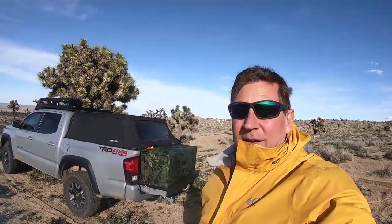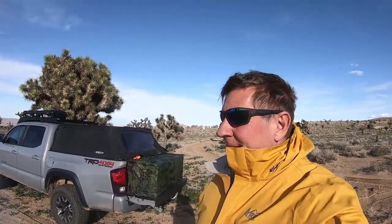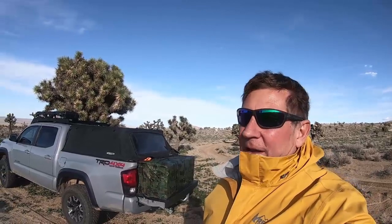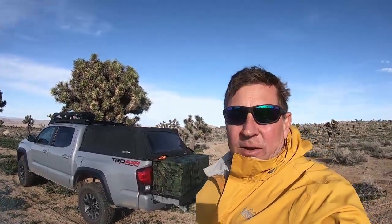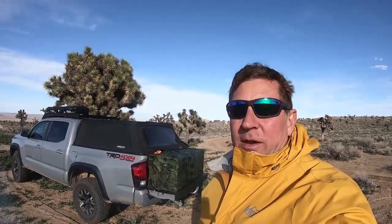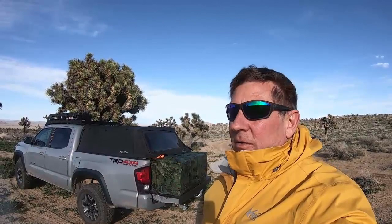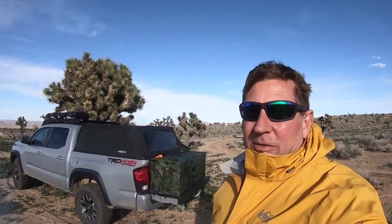Budget overland setup, if you want to do that, with my Styrofoam footbox. First trial out here near Joshua Tree, and obviously it's very windy, about 20 knots of wind right now, fairly cold in the 40s at night, and it works fantastic. So let's take a look a little bit at how it stays in the truck and how easy it is